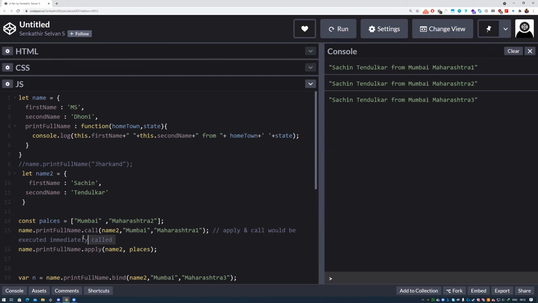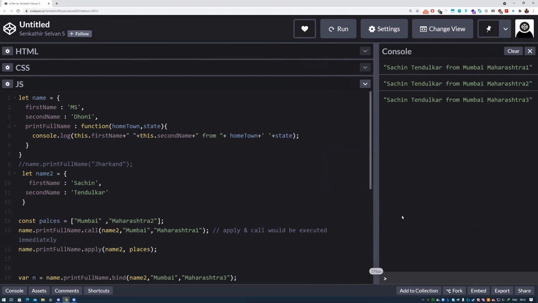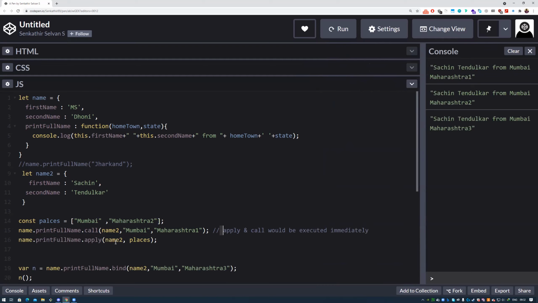So it depends. Since it's an array here, and apply and call are executed immediately, you can use it in that use case. You want to execute it immediately and you have an array, then go for apply. If you don't have an array and you have a separate variable for each argument, then go for call.